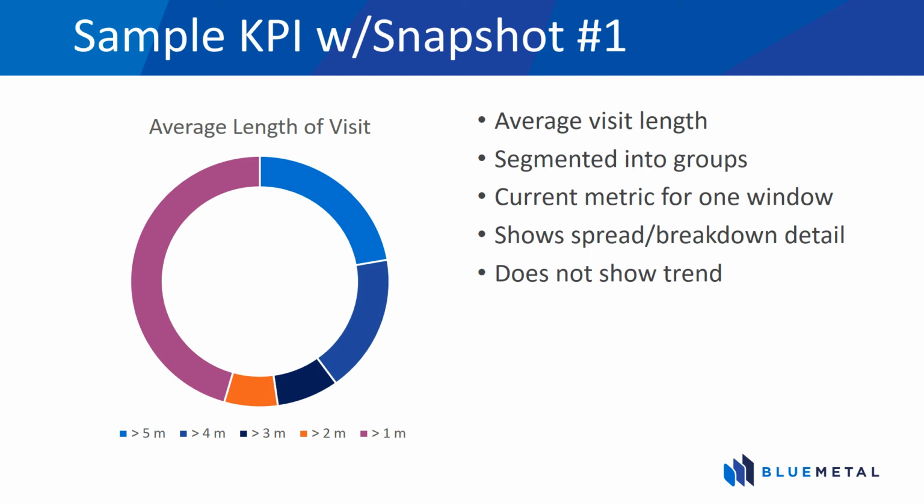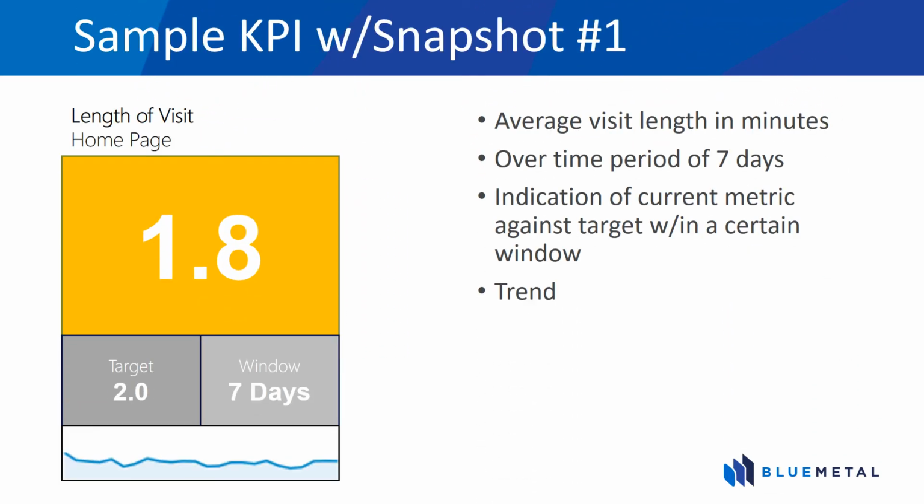It does not show you the trend though. So what it does, it shows you the spread and the breakdown detail, but doesn't show you the trend. You could present it differently in this way. You could look at the average visit length. So that we're saying in this KPI we have a target of 2 minutes, and we got a 1.8, so